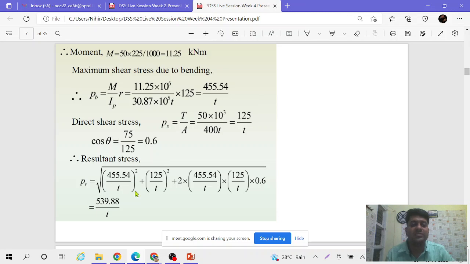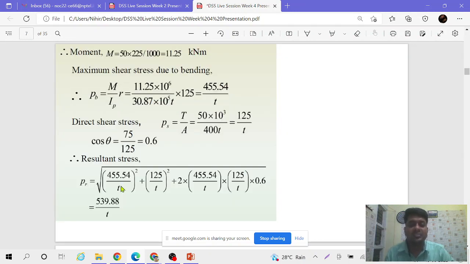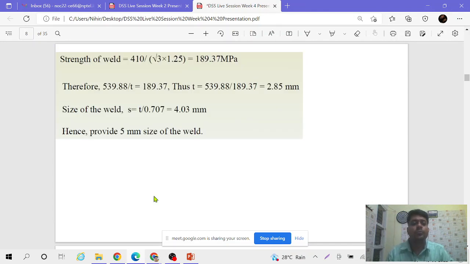We put all these values, and then we have to compare the resultant stress that comes into picture because of the external load with the strength of the weld. Here the weld is a fillet weld. For the fillet weld, what we know is, strength of weld is governed by what criteria? Yield criteria or rupture criteria? Please say, what will be the governing criteria for the fillet weld? Rupture or yielding?